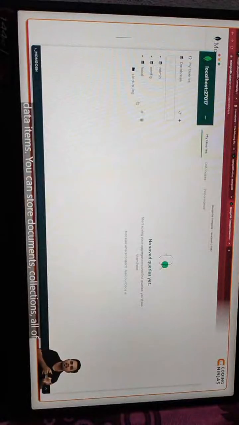It is used to manage MongoDB, right? You can also create your own database and your own data items, and store documents and collections. All of that we'll be talking about next week. In this video, we have installed our MongoDB first, and then we installed the UI application which allows us to visualize what is happening inside. But we will also learn how to run commands using CLI tools like the terminal to work with MongoDB. So stay tuned and I'll see you